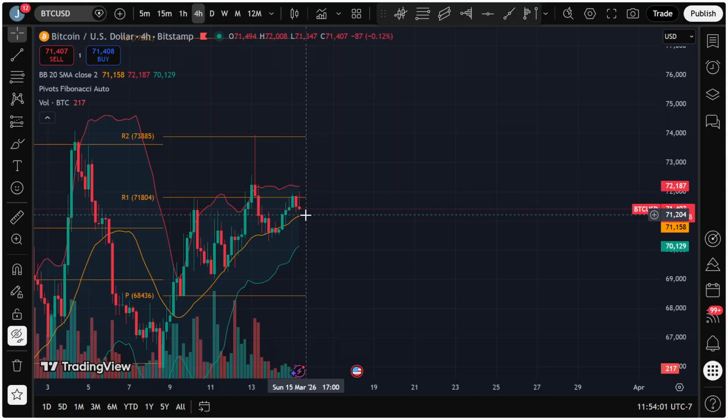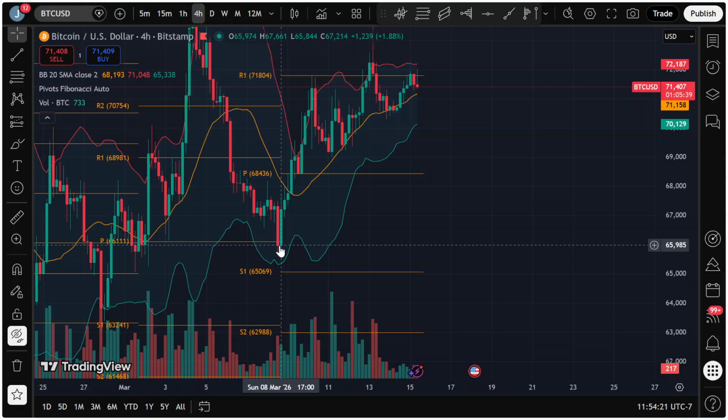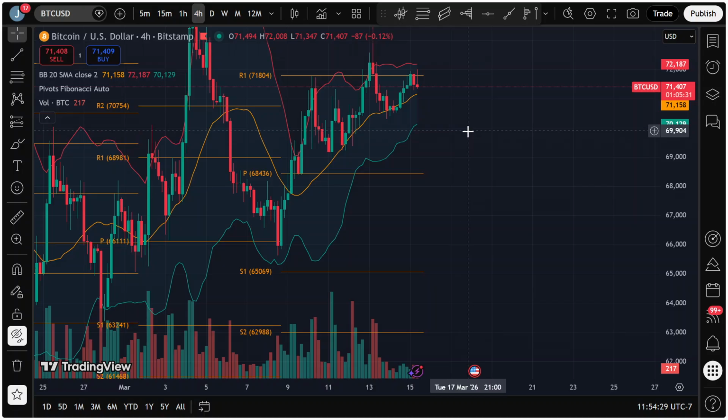So me personally, I wouldn't take a trade off of the 4-hour SMA unless we start to break below it. If we start to break below it, even if we don't actually see an interaction with that bottom band, I may take a long entry. That's not financial advice, but I may take a long entry even if we're slightly above it, especially if we get another one of these guys. If we get 2 4-hour candles that close right next to each other like that, I don't even care if I end up getting it there. That's fine with me. That still would be a very nice trade.